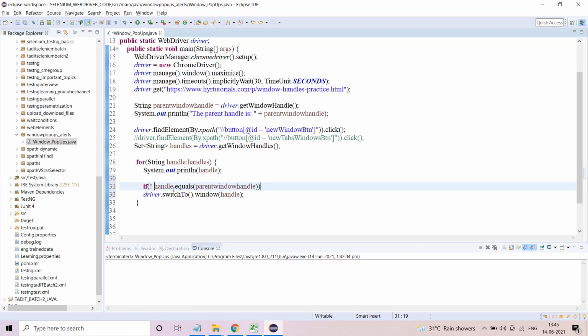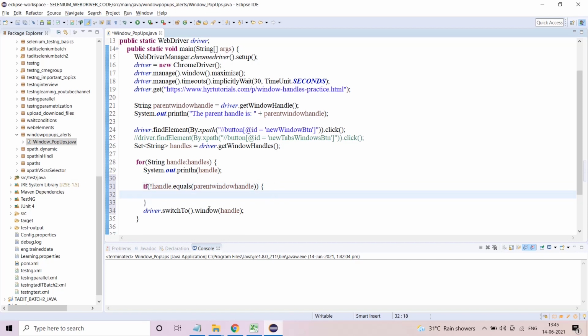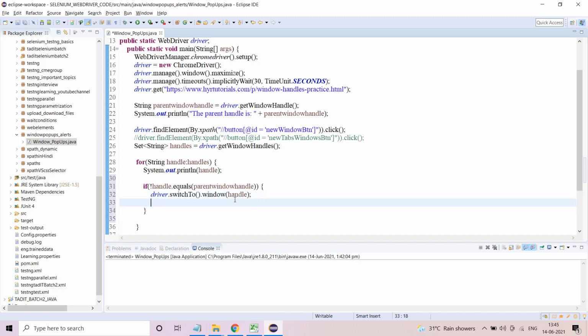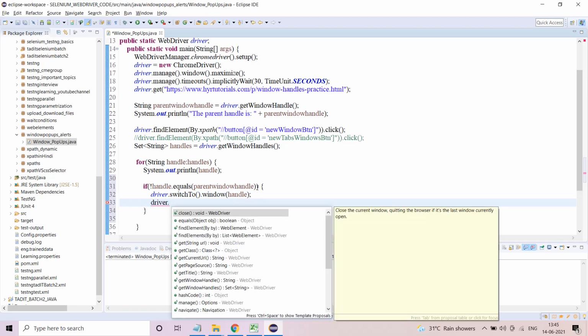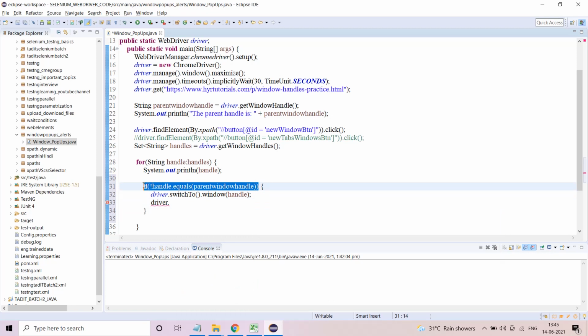Okay, so now this thing is very easy. So here you can write, if I'm doing this, driver dot switchTo dot window, handle. Once you are giving this particular statement, this is a condition.